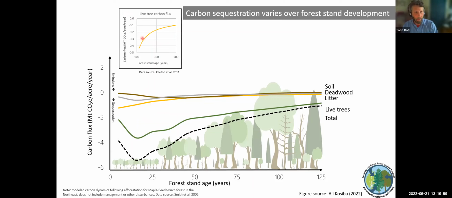And what we can see here is that as forests age and get over 200-300 years old, that carbon flux really slows down. It isn't showing that it's getting to be zero, but it's getting very close, and it's really emphasizing that those old forest conditions are contributing less and less carbon annually to the carbon stored in the forests.